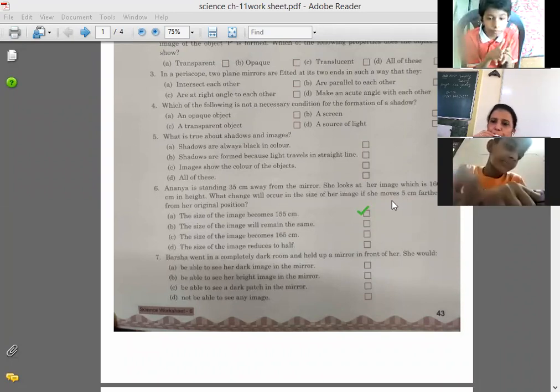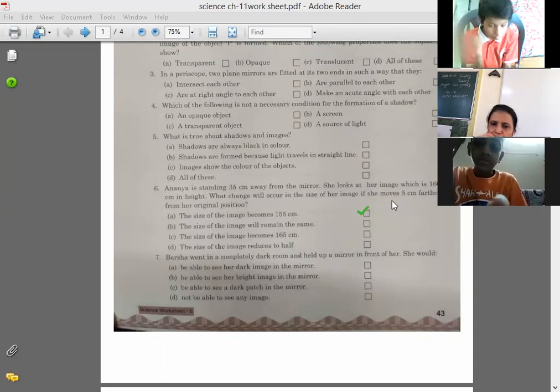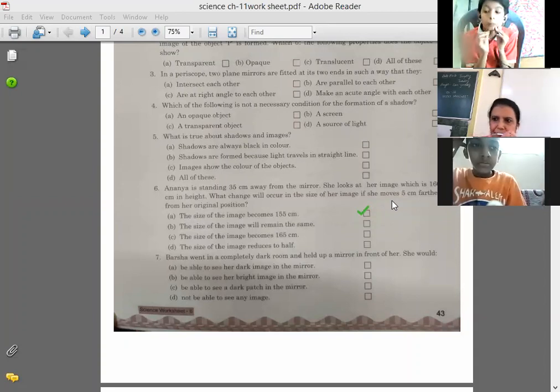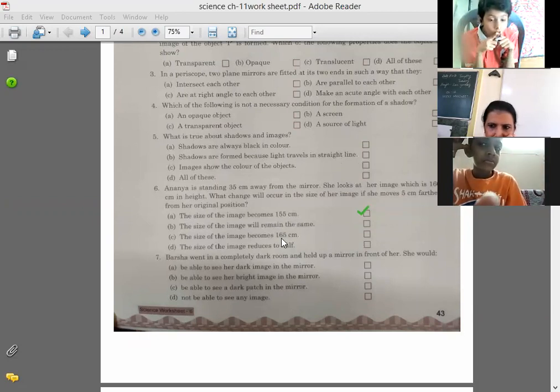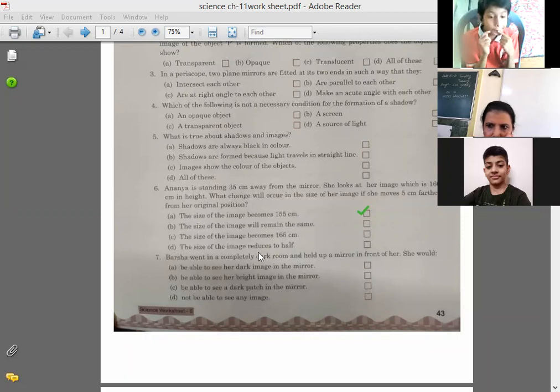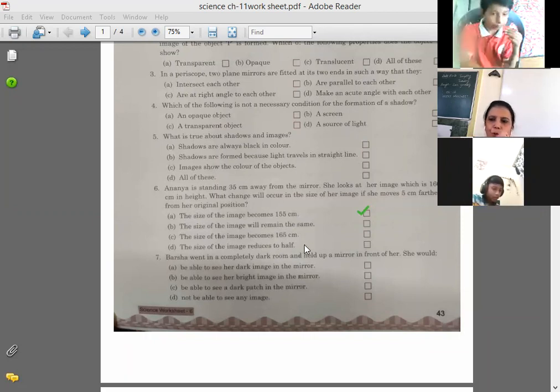When you move away from the mirror, your image becomes smaller, and as you come closer to the mirror, your image becomes larger. So the size of the image becomes 155, remains the same, becomes 165, or reduces to half. This you have to tell.